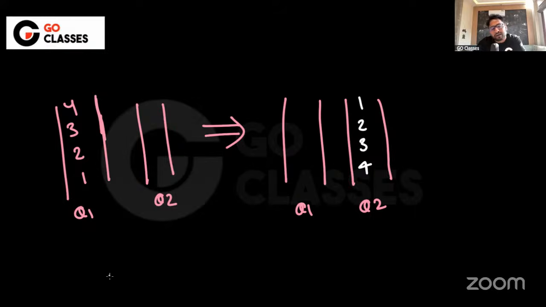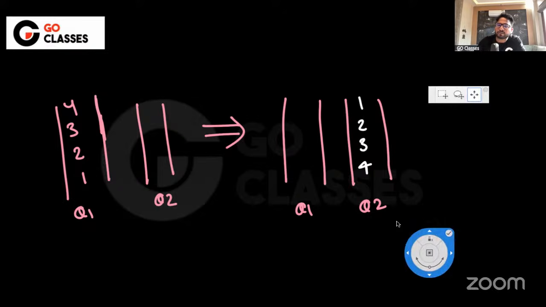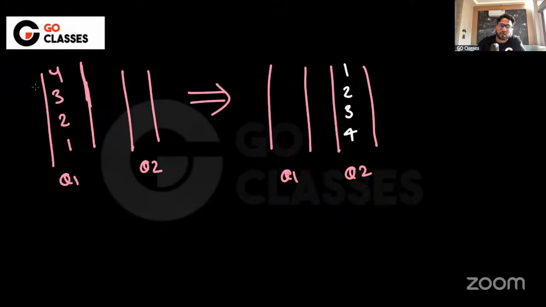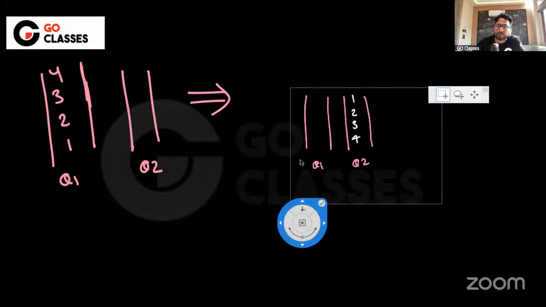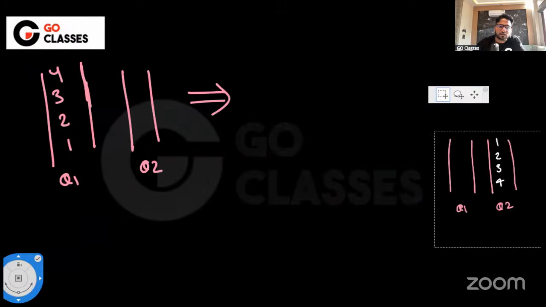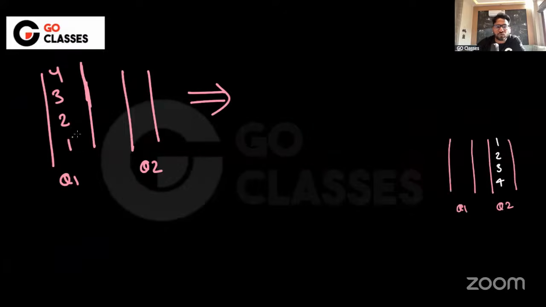The concept here is that you can remove these two elements. I mean, there is no concept, by the way. This is just an aptitude question again. This is the final aim, so let me write the final aim here. You know the final aim, right? See, the trick here is that you can remove these two elements. It will be exactly 1 2 like this. I mean, it will not be in the reverse fashion. But you can basically do one thing. You can pop it and then push it again, or you can DQ or NQ. But I'm just calling it pop and push.